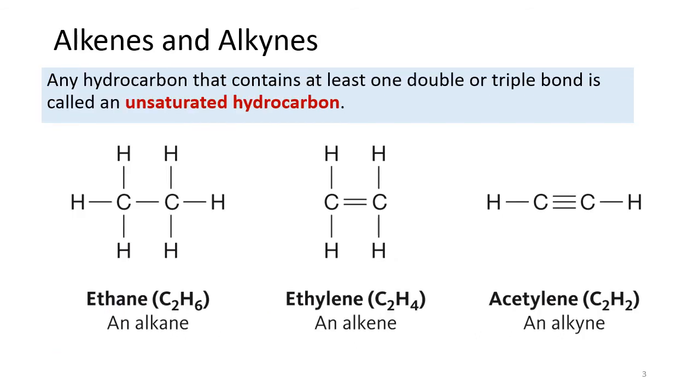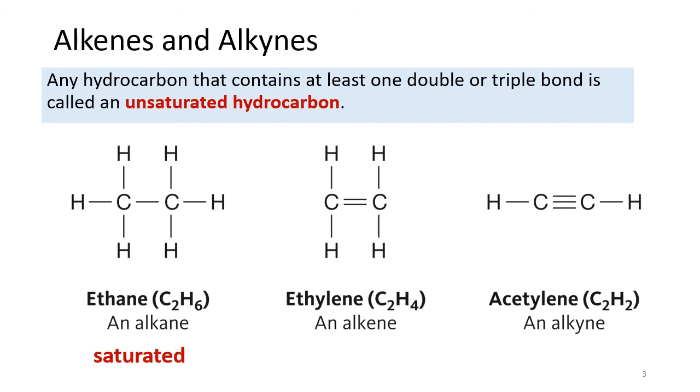If you have a hydrocarbon with at least one double or triple bond, or you can say at least one multiple bond, it is called an unsaturated hydrocarbon. So it has at least one bond that's more than a single bond. It's called unsaturated. If we look at the three hydrocarbons with two carbon atoms in them: ethane, ethylene, and acetylene,